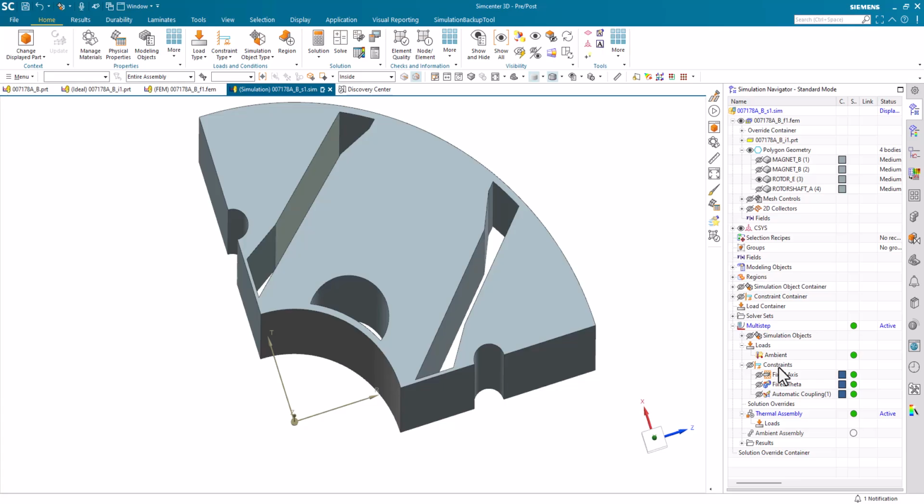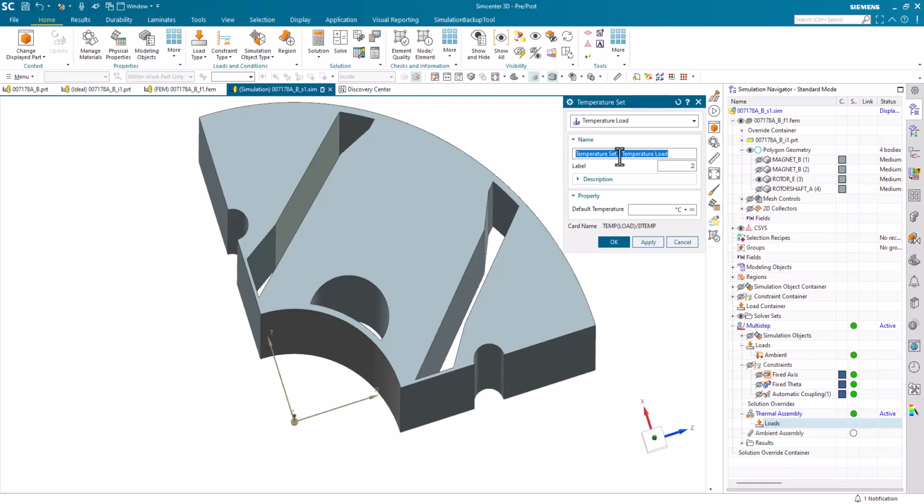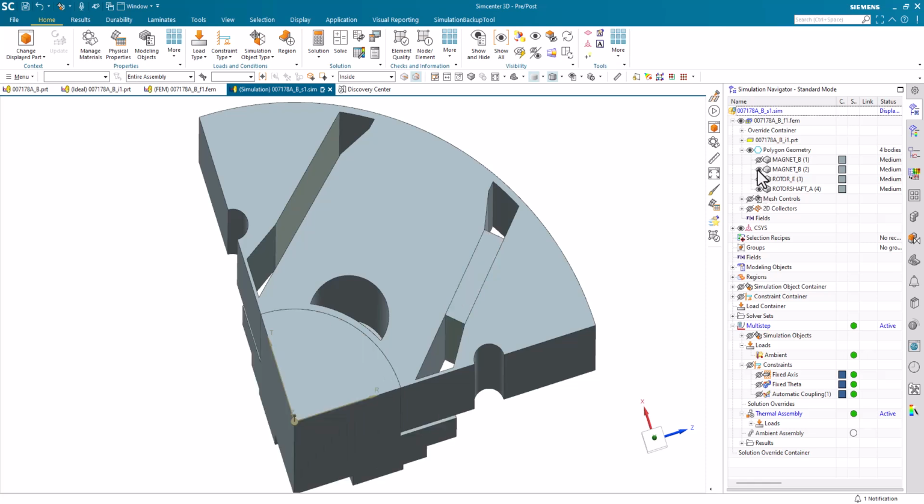And what I can do is use that in my ambient step as well by defining nothing in that step. But for my thermal step, I do need a new temperature set. I'll call this thermal assembly. And I don't really need a temperature here for the default because I'm going to assign temperatures to all the faces in my model. But this would be a default temperature for when a temperature isn't assigned to a mesh or geometry. Say OK here. Turn on the display of my geometry. And then in that load,